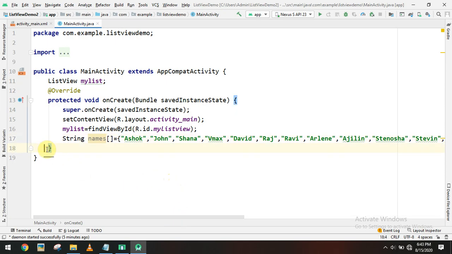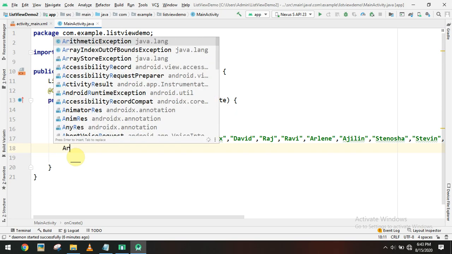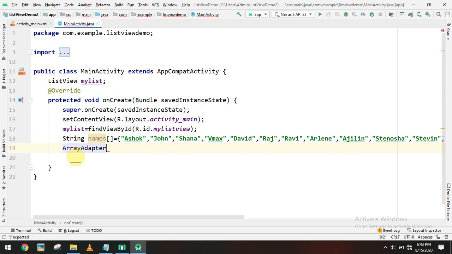After creating a list of items, we have to create an adapter object. The adapter object is an intermediate object between the string array and the list view. It is a connection between the data source and the list view. It takes the data one by one from the data source and binds it with the list view. So it's an intermediator kind of object, and we create it to populate the list of items.